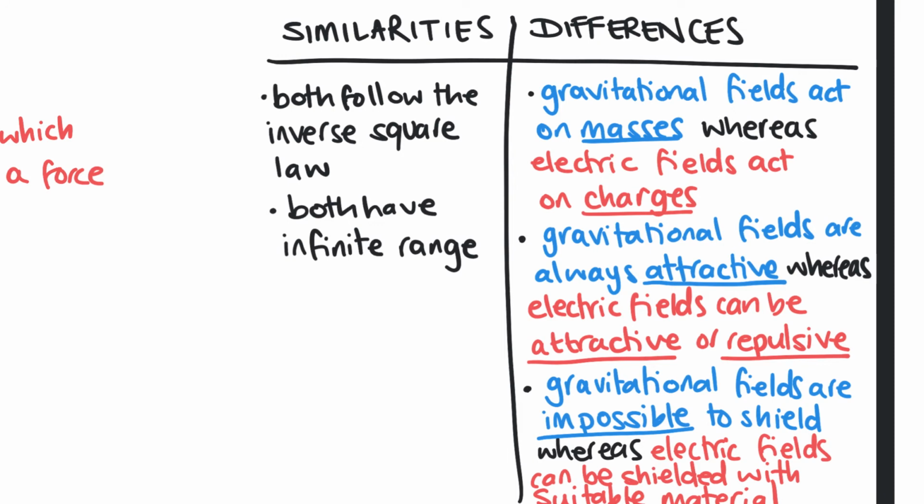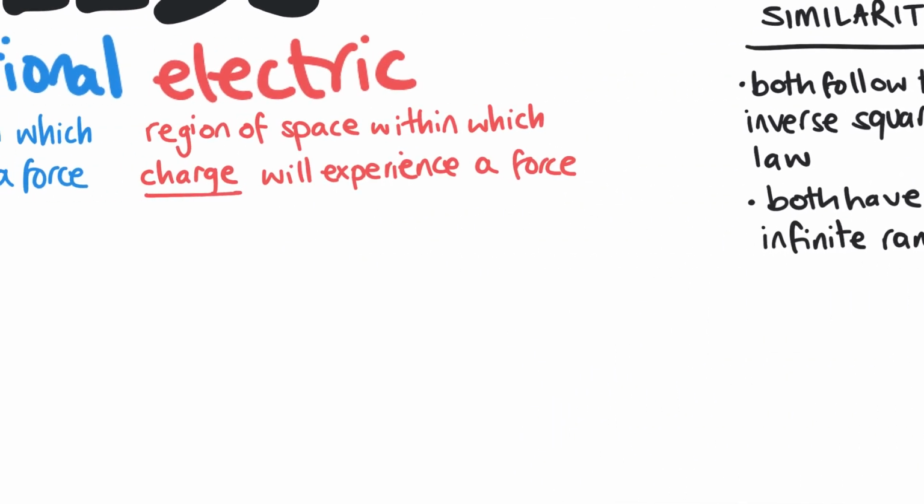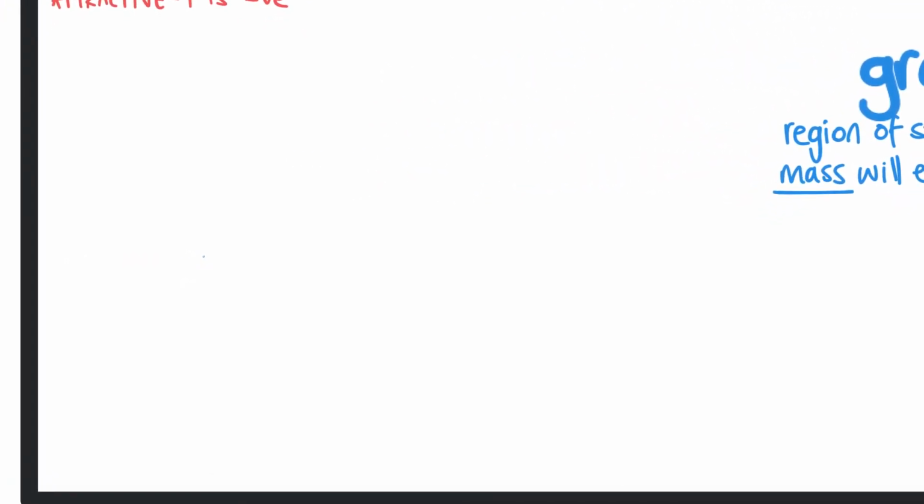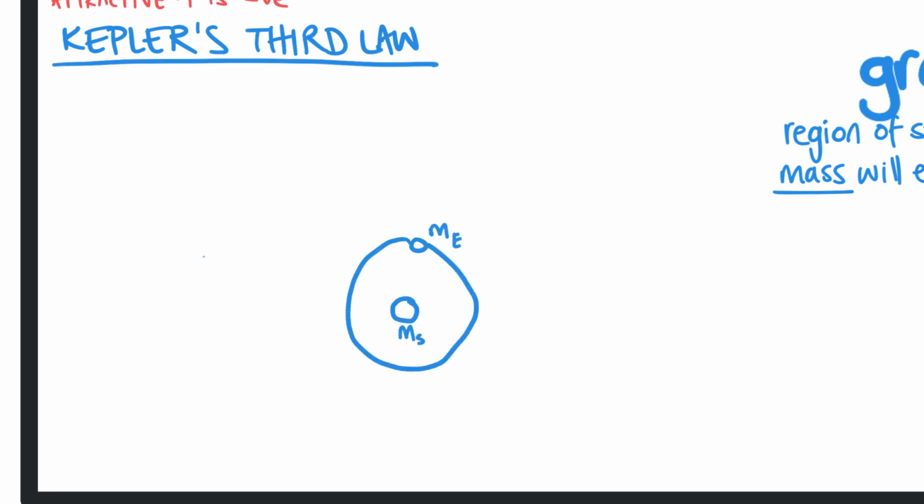So next we're going to focus on a few more points that are concerned with gravitational fields. And we'll begin by looking at Kepler's third law. Kepler's third law refers to planetary motion. It states that the square of the period of revolution of the planets about the Sun is directly proportional to the cube of their mean distances from it. And we can write this as an expression by writing T squared is directly proportional to r cubed. Or another way of writing that would be to say that T squared is equal to some constant multiplied by